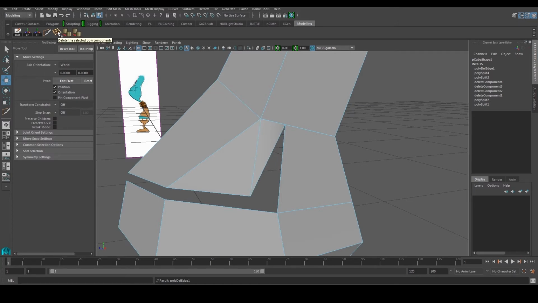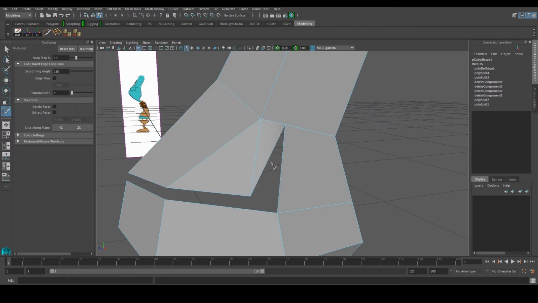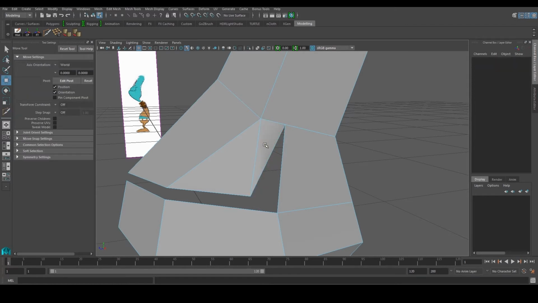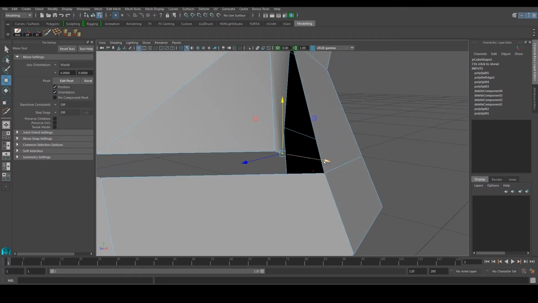I have my shortcut over here. It starts to become a triangle, and don't worry, I can just use my multi-cut tool again. I'll click it once over here, and if I go to my vertex, you can see it becomes a 4-sided shape. So I can move this guy along this way and it'll be okay.